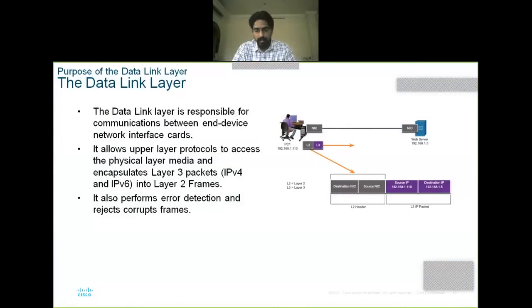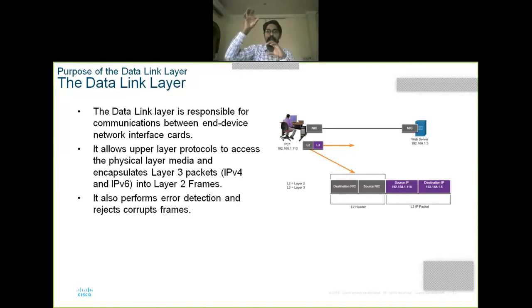The data link layer is responsible for communication between end device network interface cards, right? It allows upper layer protocols to access the physical layer media. Just visualize, we have 7 layers, from the application layer to the bottommost physical layer.